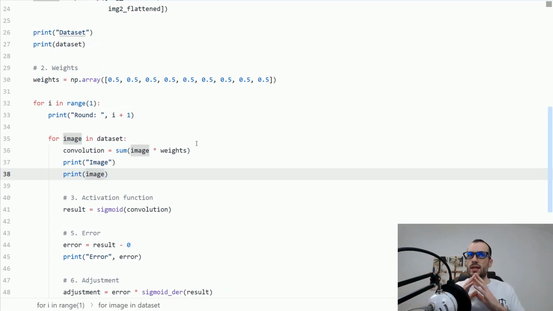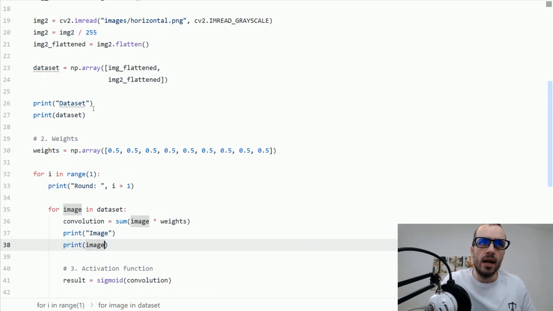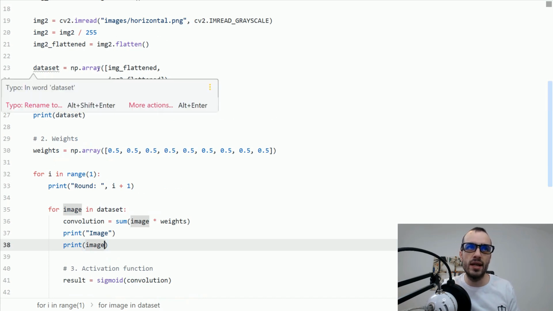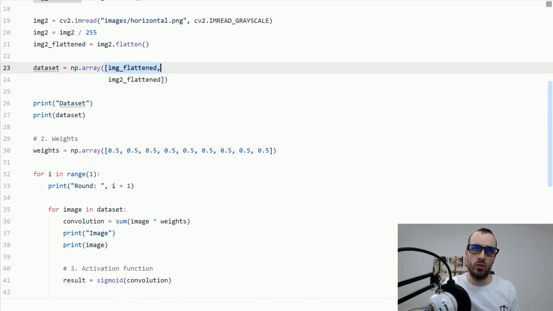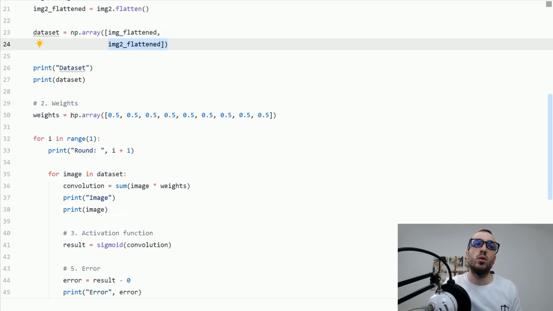Now, is this enough? Just putting the images this way to train the neuron? Well, if you followed carefully the previous lessons, you should be able right away to spot some error that I made on purpose just to make you understand better this process. And I'm going through all of it to make it simple to understand. So we have the dataset, we have 2 images, we have the weights,